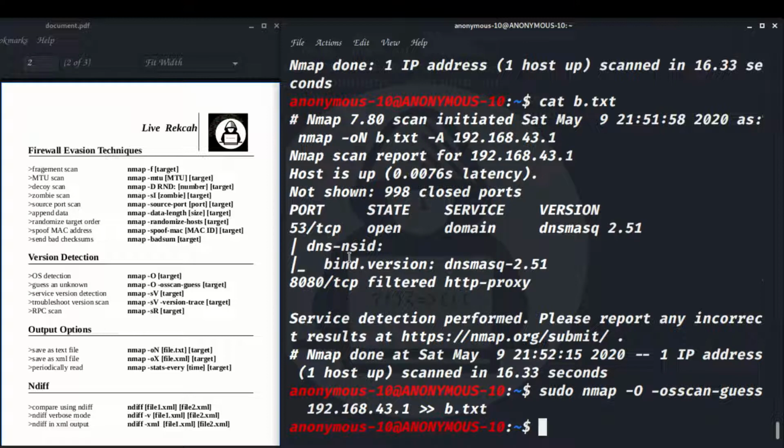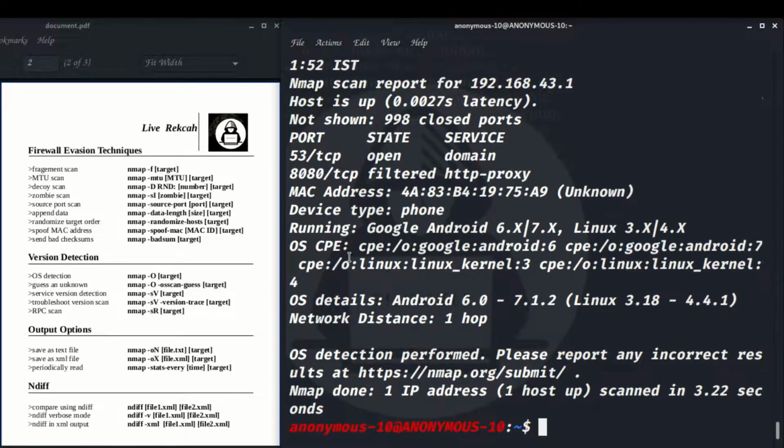I don't want to use small n, capital N and a file name. If you don't want to do that, just do the normal command, redirect to b.txt. Okay, just check cat b.txt. See, I got what I need.